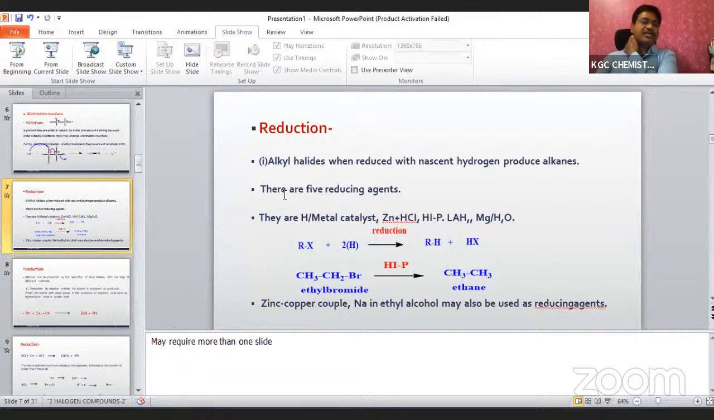Now, reduction reactions. What are the reduction reactions? See, alkyl halides when reduced with nascent hydrogen produce alkanes. There are different reagents that can produce the